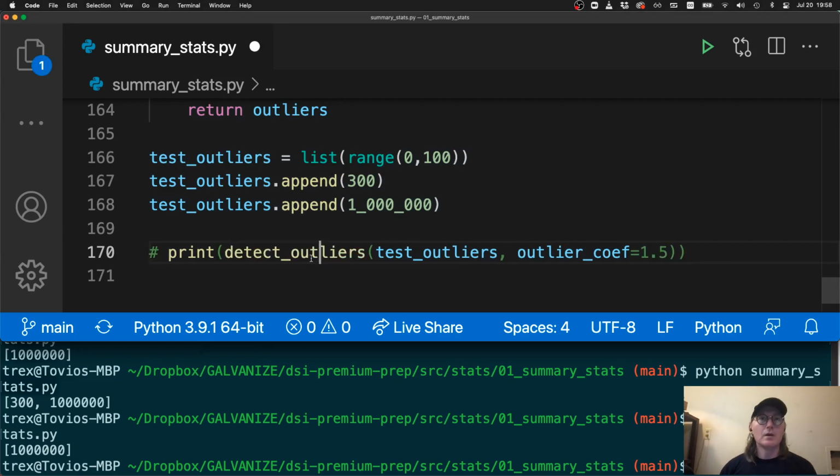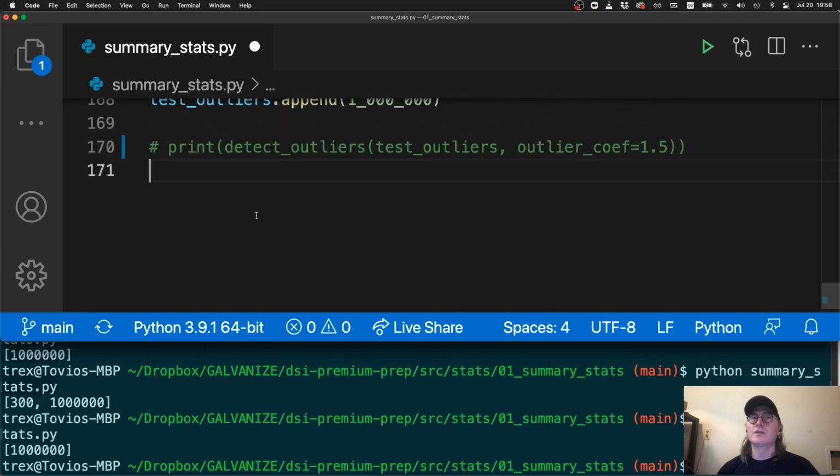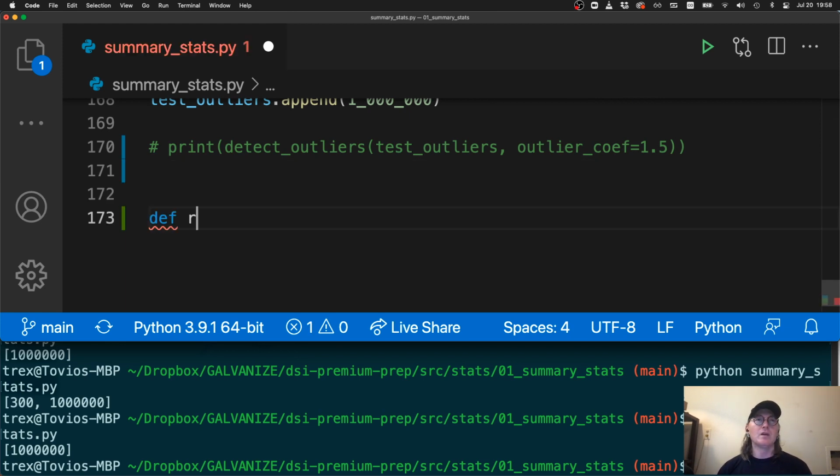And there's one more function related to outliers where we can think about this. Let me find it. And I'm actually not going to do this as a breakout. I'm just going to show you. So what if we wanted to remove outliers instead of just detecting them? How would we do that? So we pass in a list,